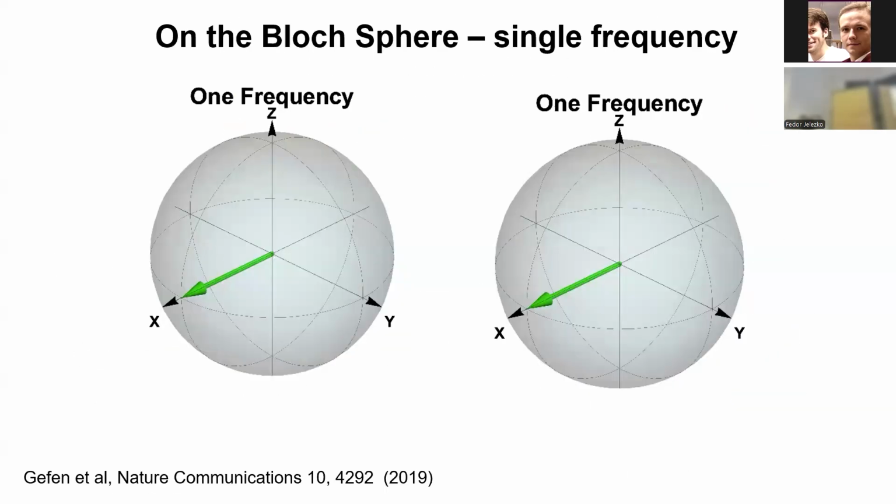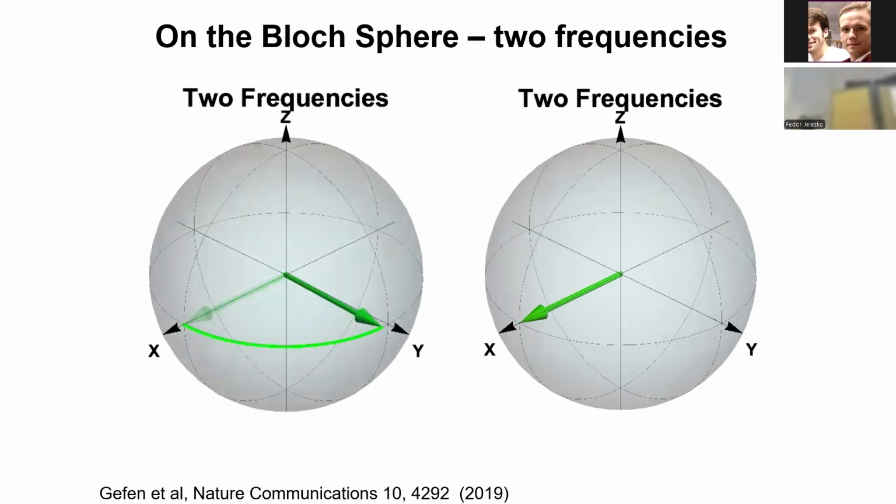I'll show you an experiment in a second. But before that, I'll give you another overview of how the Bloch vector evolves. If you do this evolution with just one frequency, it always comes back, and it can be different phases. You oscillate as a function of the external field, but you always get back to X, and then the last pass brings you to Z, and Z is noiseless, remember. So this is for a single frequency, and for two frequencies, you get a little bit off here, and also for the other phase of the acting radio frequency, it's not returning to X, and it will not return to Z,